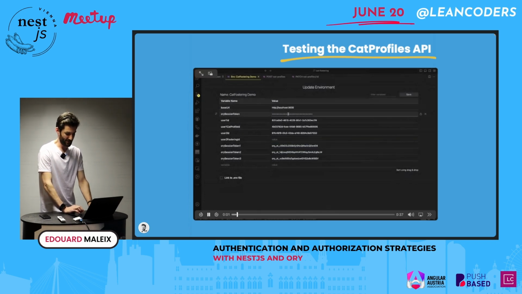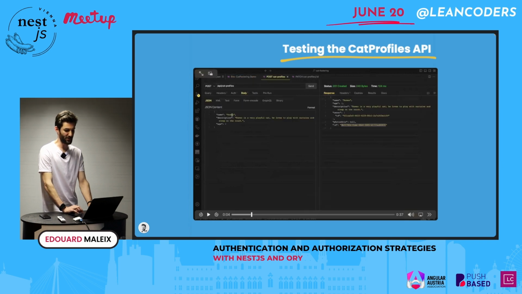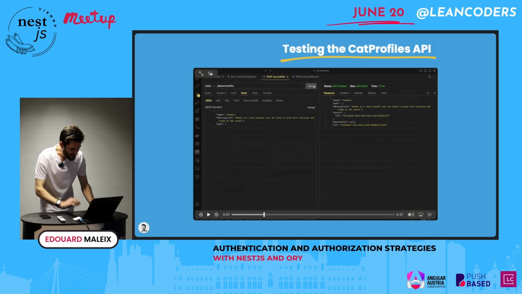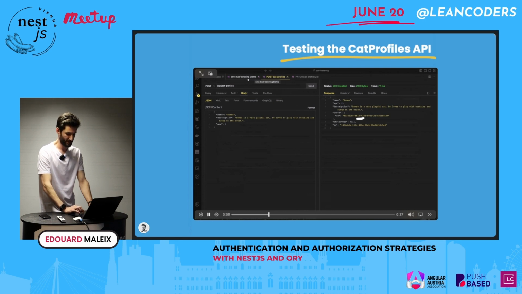Now we want to create a cat profile with our first user. So important. First, let's call it Alice to identify her later more easily. Okay, so Alice creates a cat profile. Okay, very good. We can see the owner ID. Let me take my pen again. We have our owner ID here. Okay, so that's Alice's ID. Now let's take that cat profile ID